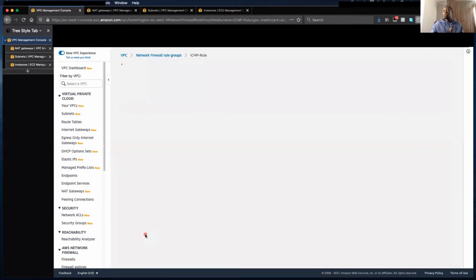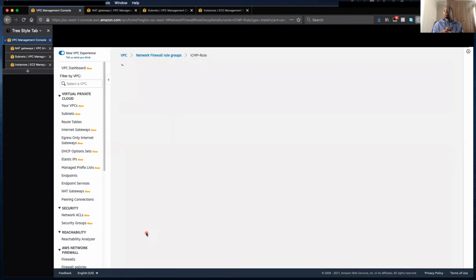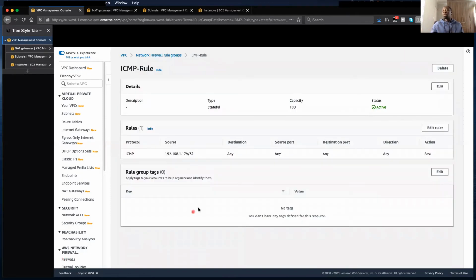So if you look at this rule, what do I have in the ICMP rule? As you can guess, it's an ICMP rule. So I'm permitting the source and destination IP. I'm using the 5 tuple section of the firewall. We have the 5 tuple, we have the domain list, and we have one other one. So now this should actually show you what is going on. I have the source. I could put any here, any here,